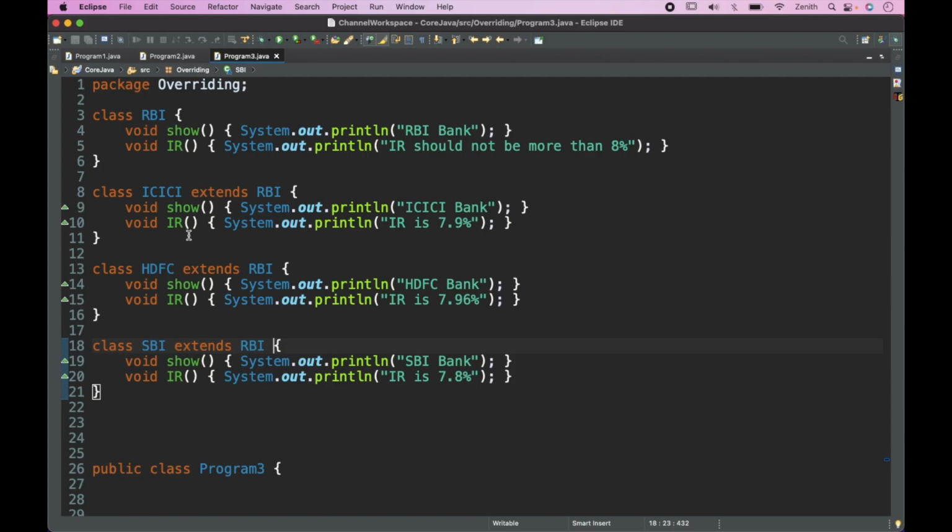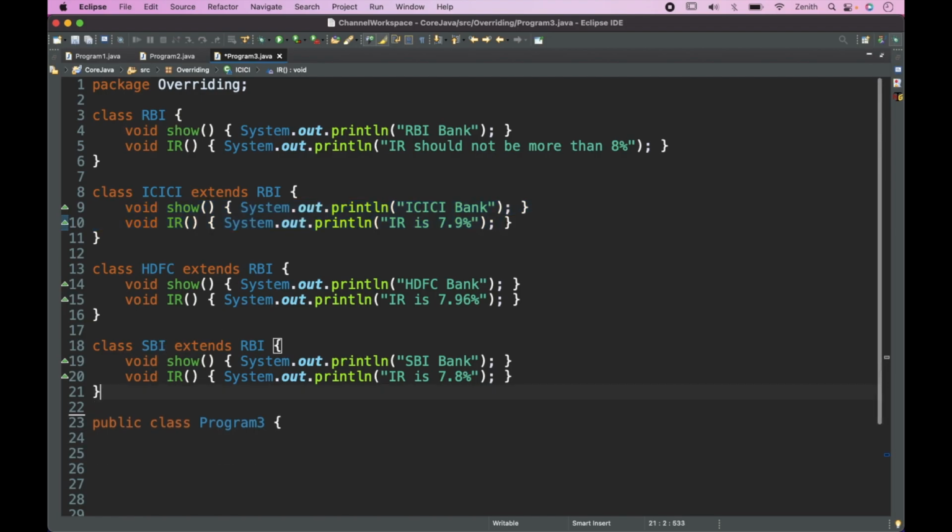Now in this case, what is happening is that all these methods are overriding: the ICICI method is overriding the RBI method, HDFC is overriding the RBI method, and in the same way SBI is doing the same thing. Now this is our program, and here I will create an RBI reference variable A, and use the ICICI object. And now A dot,